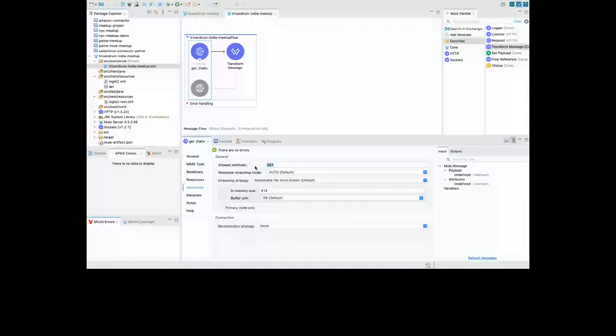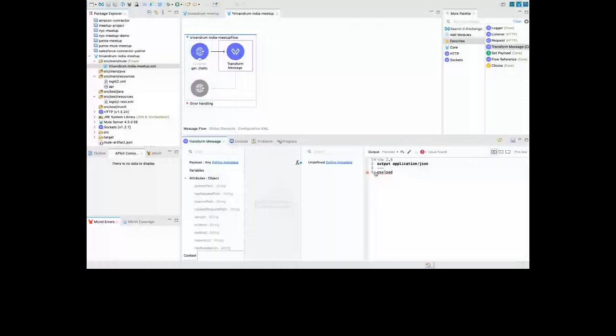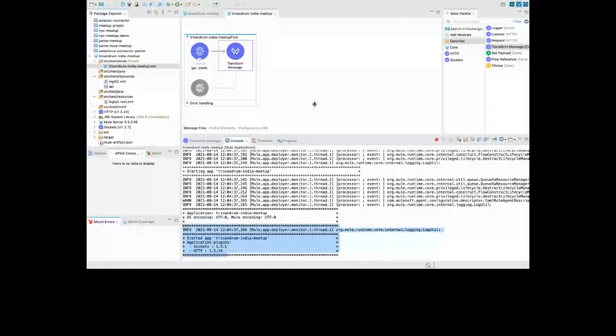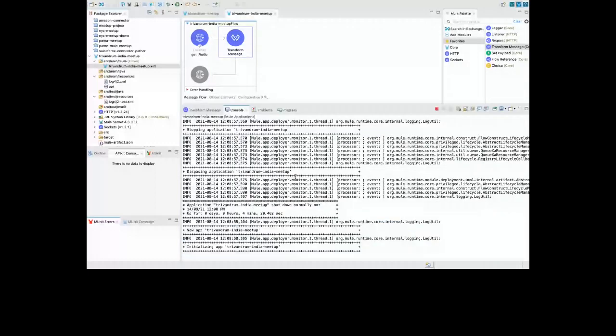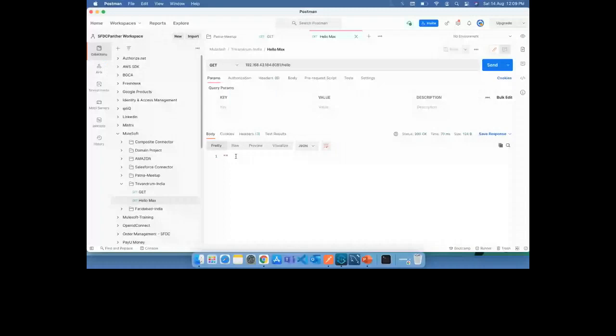And this time what I'll change is, I will just say, okay, whatever the JSON format is, I'm going to return whatever the payload is, okay? And I will just go ahead and save it. We'll be able to see a hot deploy over here. And once it is done, we'll be able to send a few more requests. So if I say over here, this is a GET, okay, if I send it, I got nothing, a blank response, because the payload has nothing, we're not sending anything.